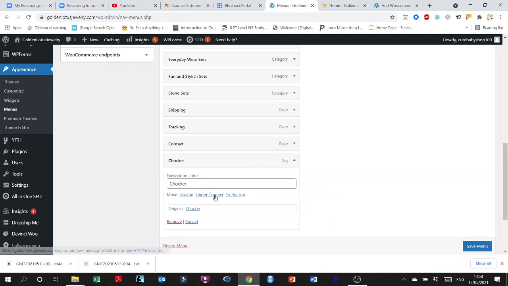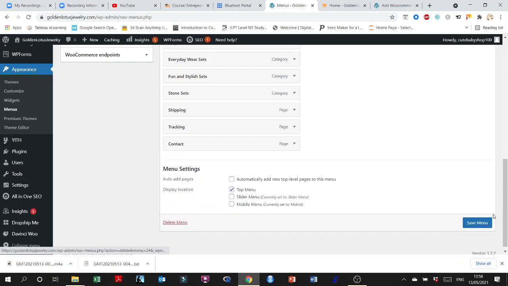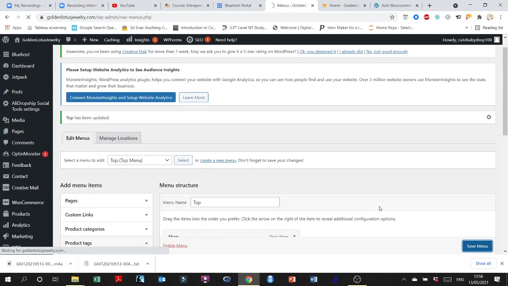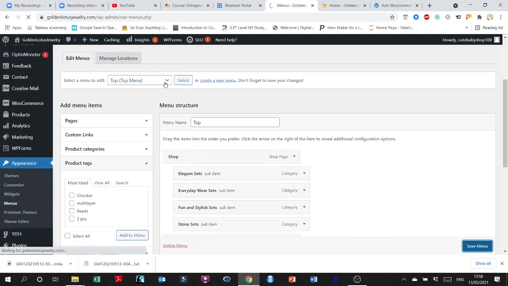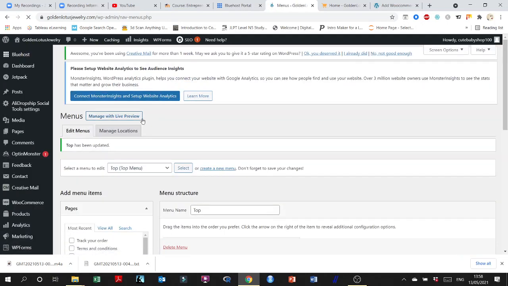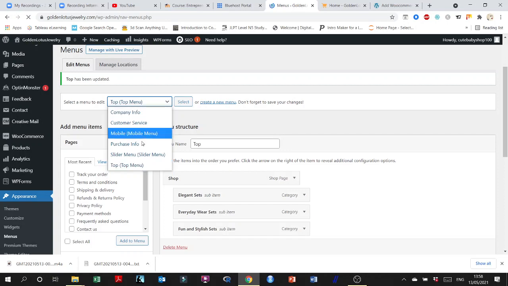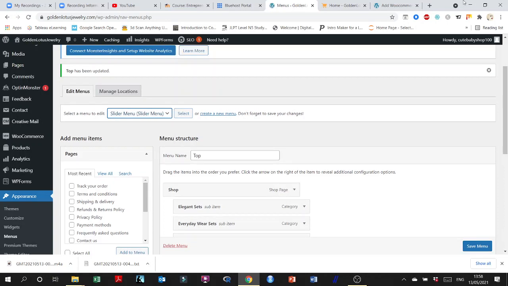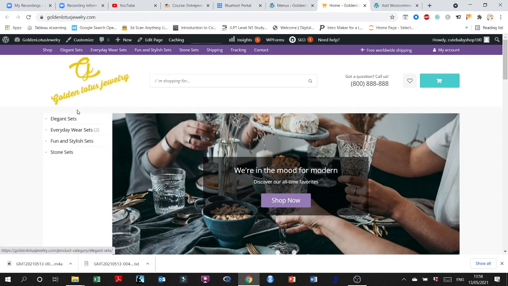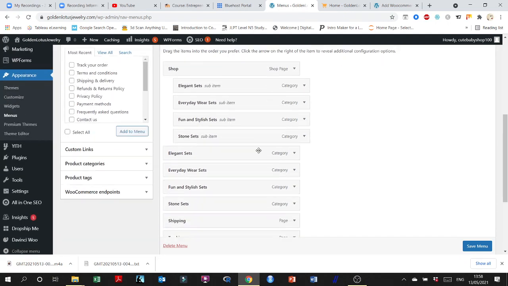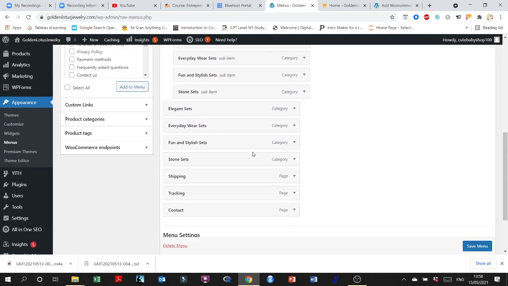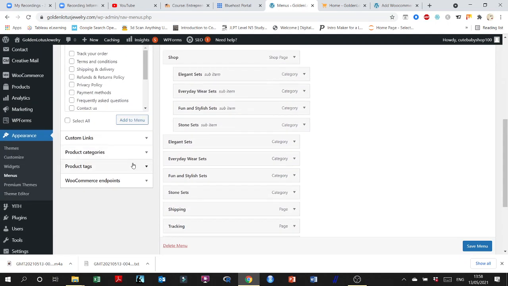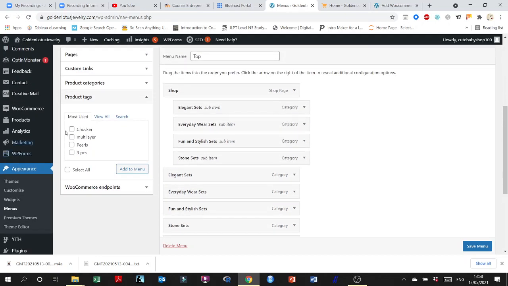I don't want to add it here. In fact, I would like to add it on another menu. Let me show you again so that you will have a better training. Yeah, I would like to add it on the slider menu. As you can see here, my slider menu has all different categories. I would like to add product tags that could help us find products differently. Yeah, there are different ways to categorize, and we'd like to see here